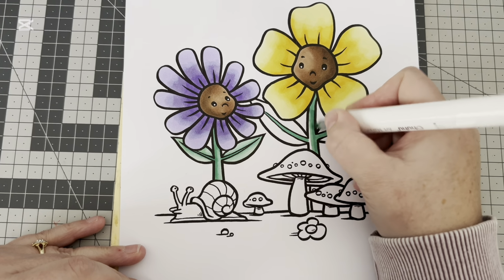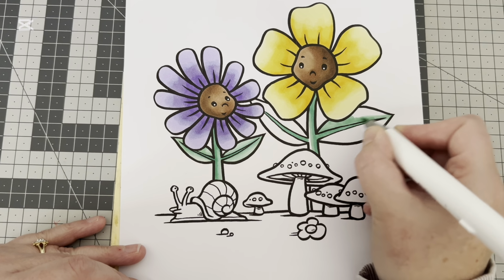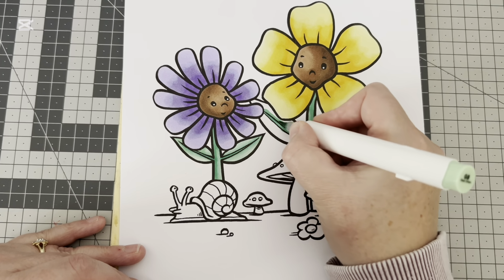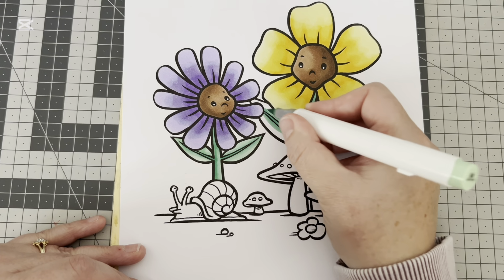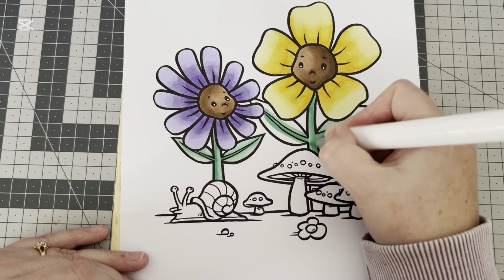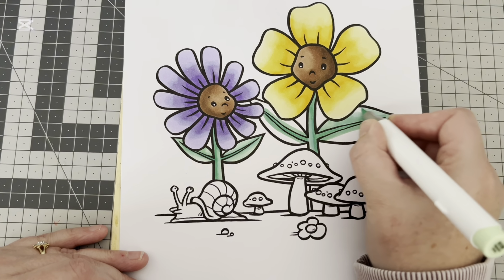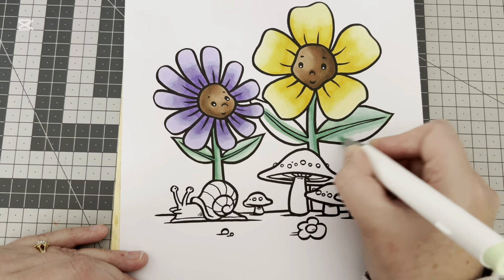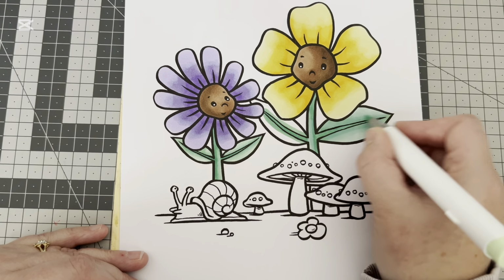So for those that don't know, I have had a card making channel for some years on YouTube, and I've stopped doing it now because colouring has taken over, but I did do quite a lot of colouring of stamped images, for which I used alcohol markers. So I do feel quite confident with the alcohol markers. I'm no expert, I don't know everything there is to know about them, but I feel more confident using them